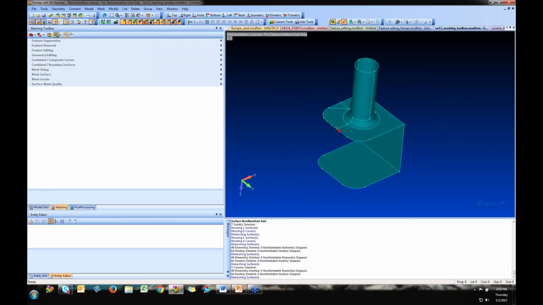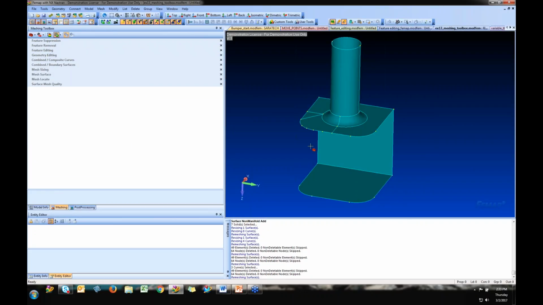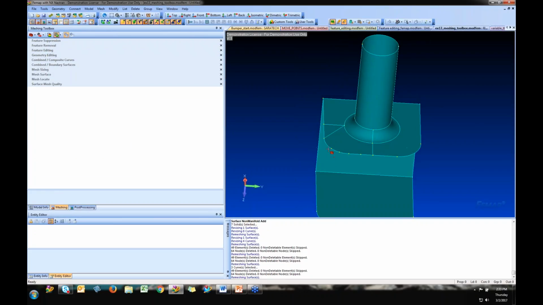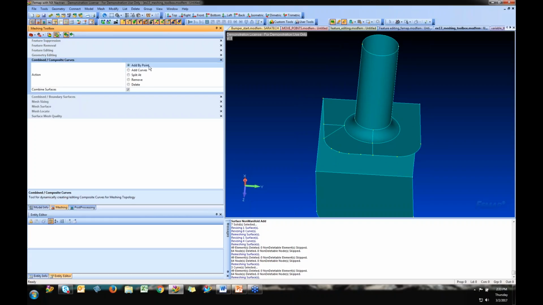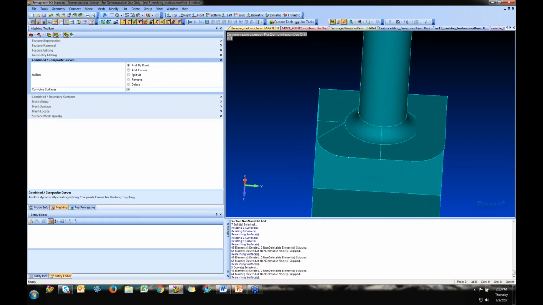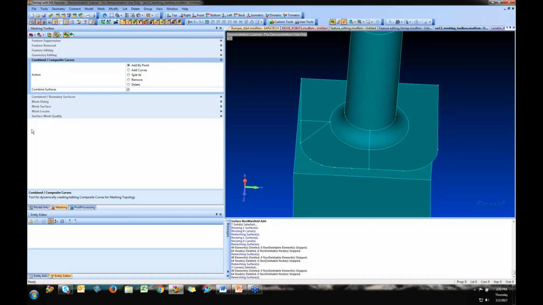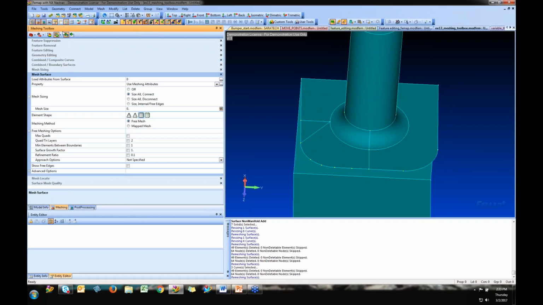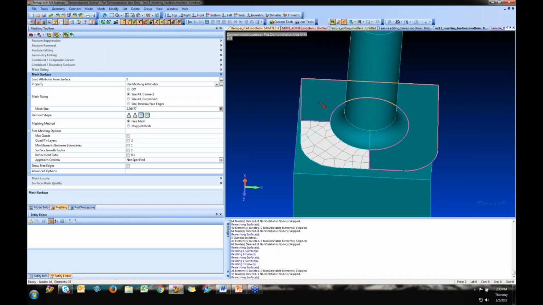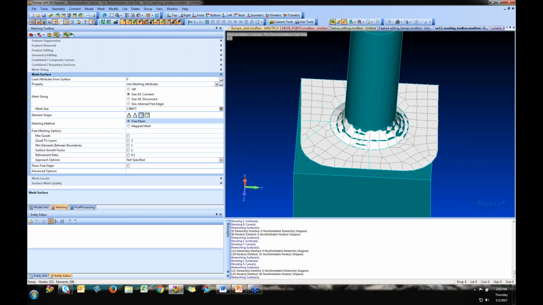All right, real quick, let me go over a couple more things. Looks like I've got about maybe 10 more minutes under combine composite curves. So here's this simple example. We teach this in our class. If I would mesh this surface, you'll see how easy it is for me to just hop over here in the meshing toolbox and mesh surfaces. But let's just concentrate on